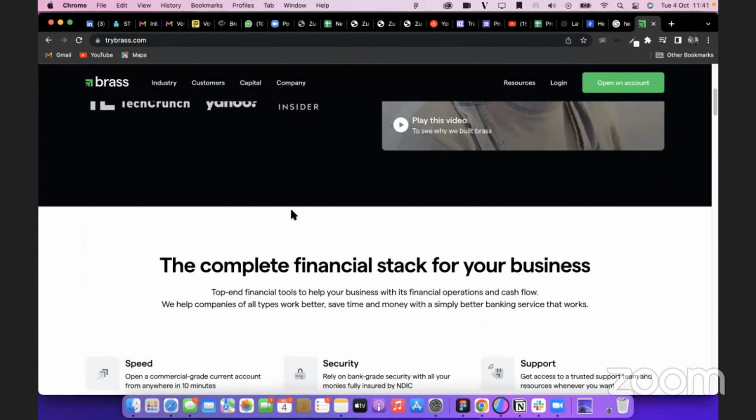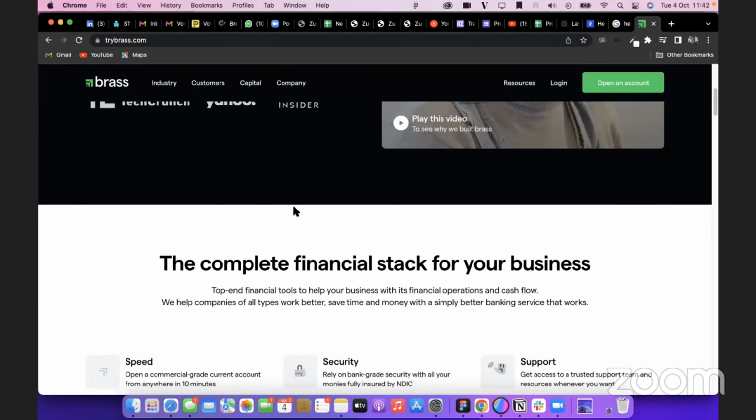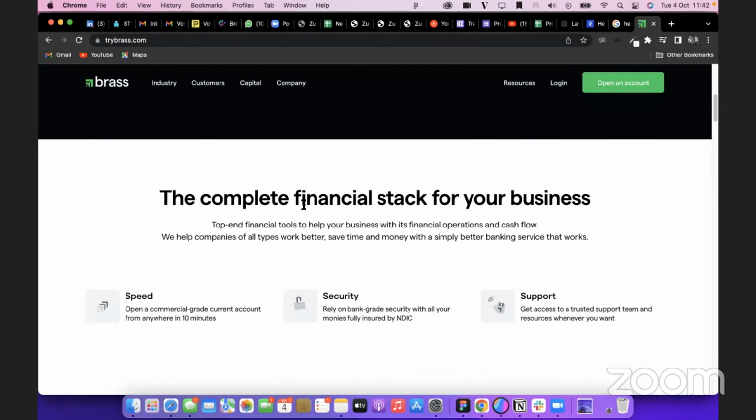So now the first thing in your mind is that there is already a way to get a business account. Go into the bank and get a business account. But what is different in this? By default, I'm looking at the potential user coming here. I'm not a potential user, but looking at the potential user coming to this platform, the next thing in his mind is, okay, what is different that these guys are doing, right?